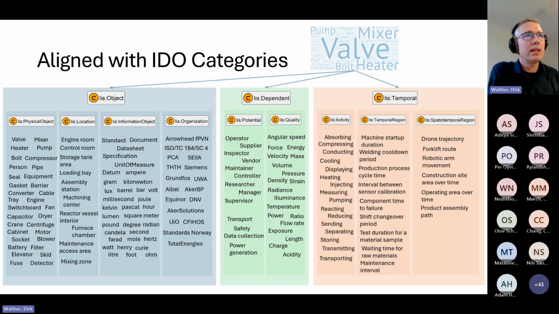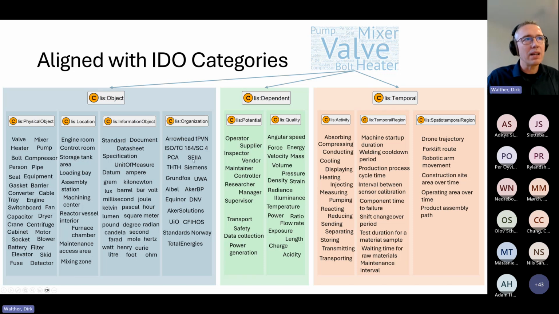And we can do that. And here we see the different columns being filled in. So we find that a valve, a mixer, a heater, a pump, or a centrifuge, they are all physical objects. We find that the machining center, the furnace chamber, or the control room, that these are locations. We find that a data sheet or a document or different units of measure, that they are information objects.